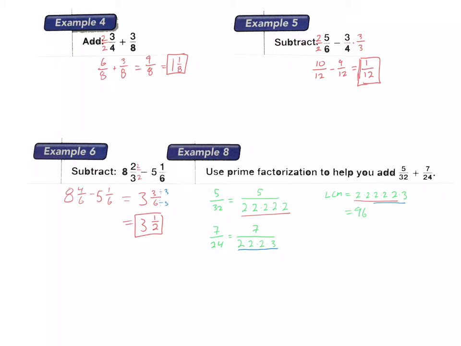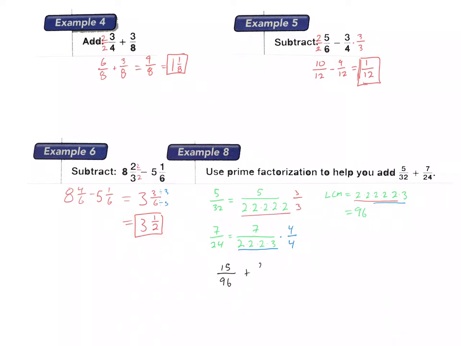So what I need to do is figure out how to get both these numbers to be 96. So notice this number is just missing that last 3, and this number is missing those first 2 2's. So I'm going to multiply this first one by 3 over 3, and multiply this one down here by 2 times 2, which is 4, over 4. What that's going to turn out is 15 over 96,